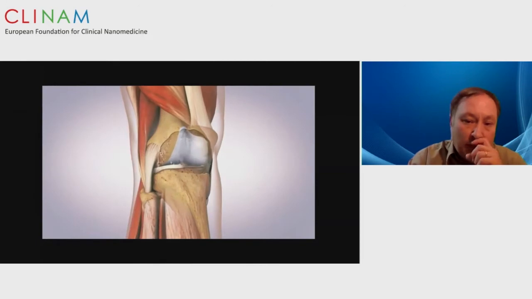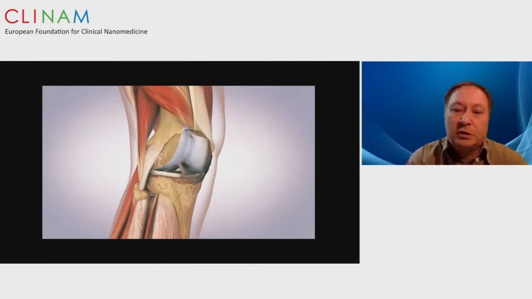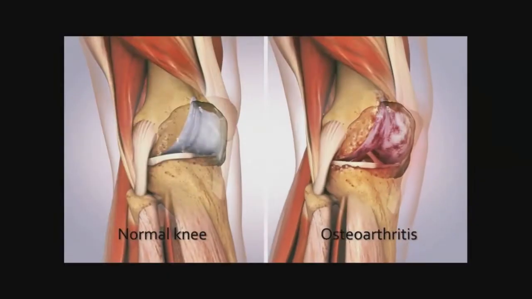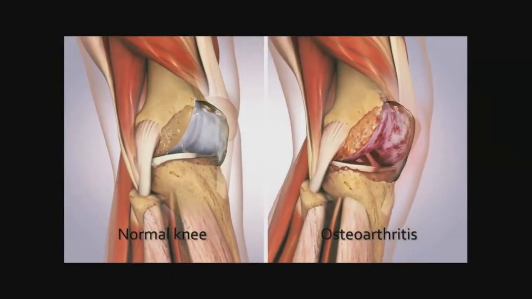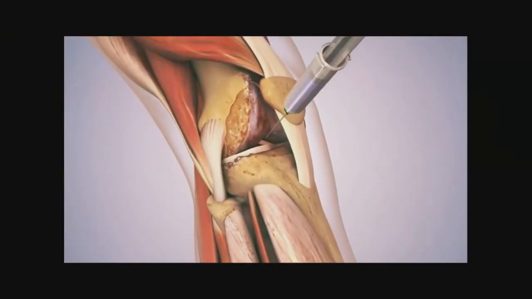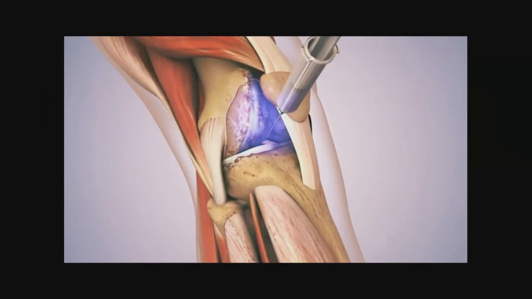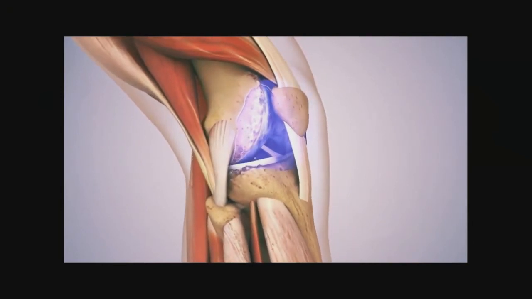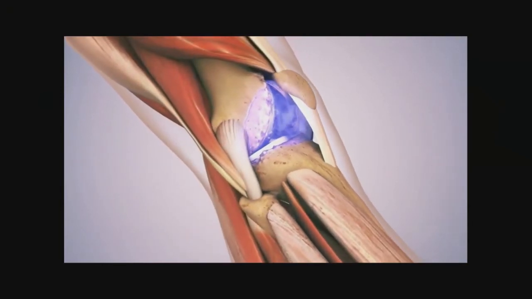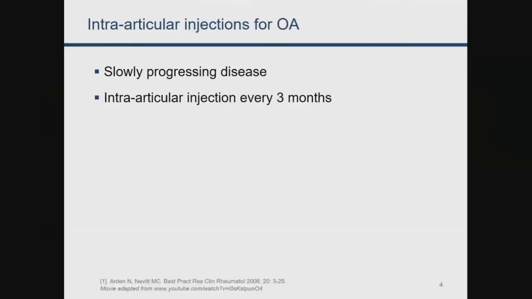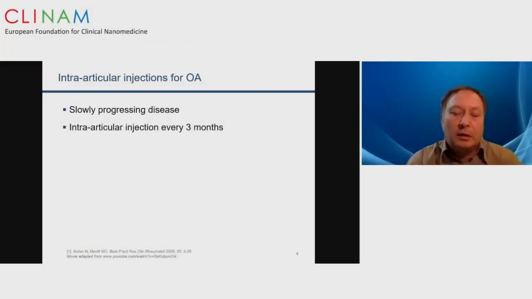I'd like to show you this video of a normal knee joint with wide cartilage surfaces and stabilizing ligaments. On the right side, you see the joint undergoing cartilage degradation, typical of an osteoarthritic disease. An attractive option to reduce systemic effects is to inject the active drug locally through a procedure called intra-articular injection. So we're going to focus in the talk on intra-articular injection of a drug delivery system.